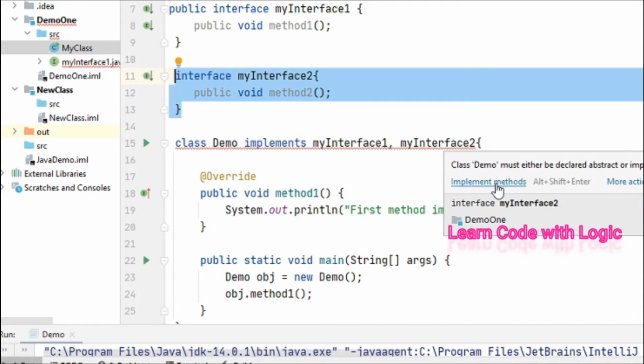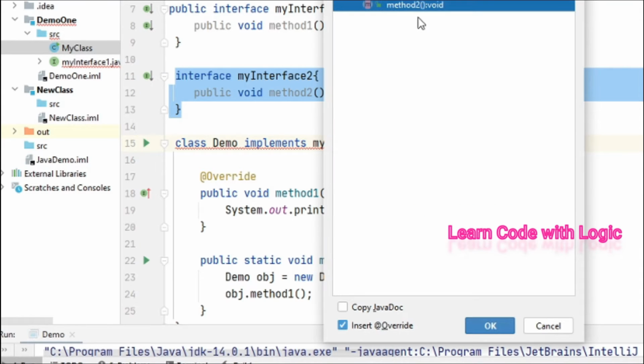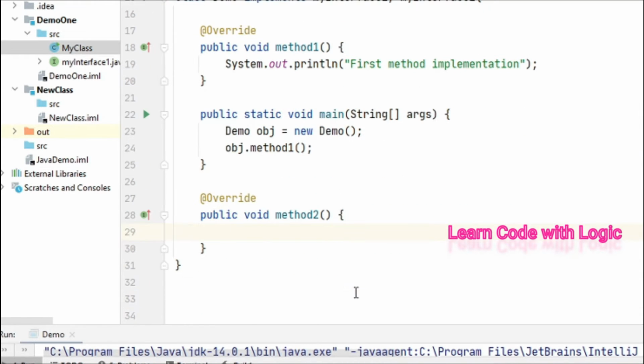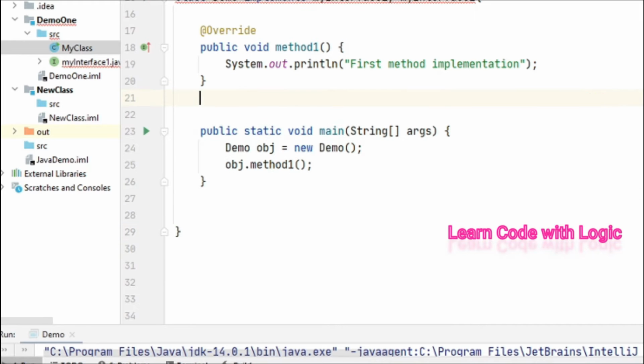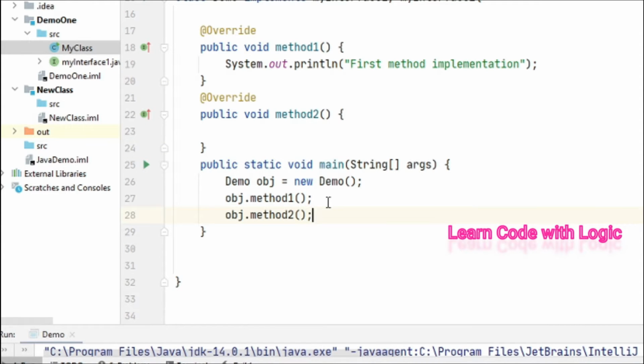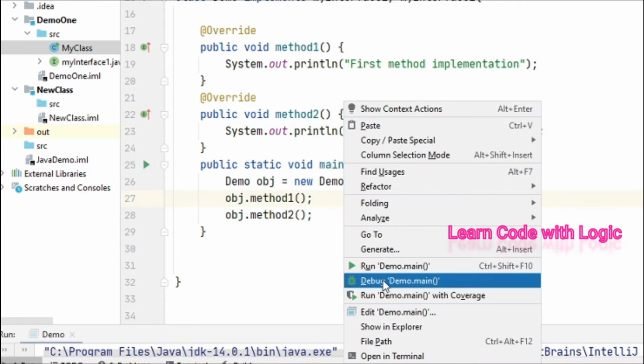To avoid that, you have to implement method2. That's it. Let's call that method also and complete that before calling, second method implementation. Save the code and run.